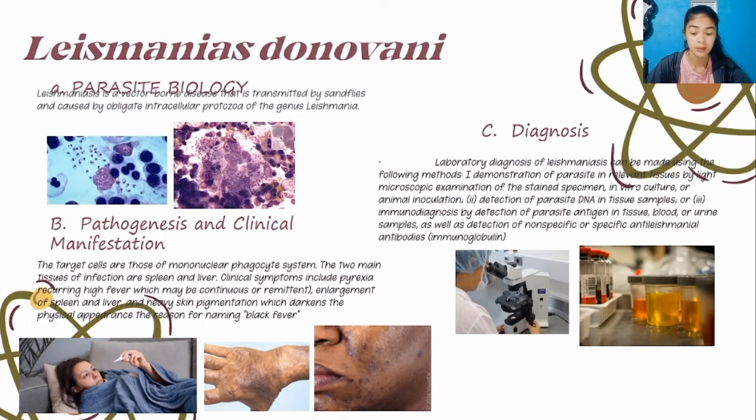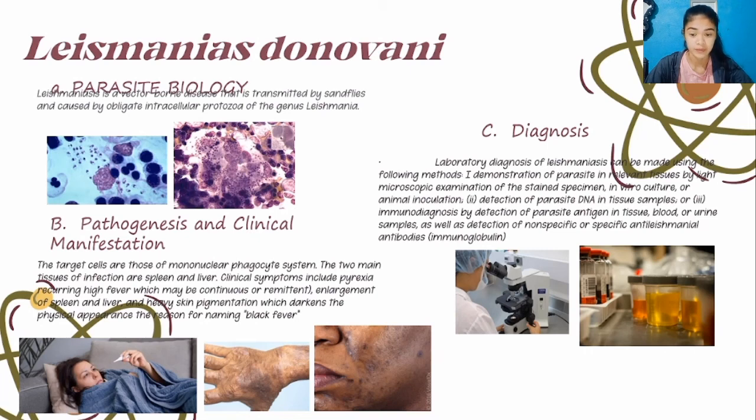Pathogenesis and clinical manifestation. So, the target cells are those of the mononuclear phagocyte system. The two main tissues of infection are the spleen and liver. So, clinical symptoms include pyrexia. This is a recurrent high fever, which may be continuous or remittent. So, enlargement of the spleen and liver and heavy skin pigmentation, which darkens the physical appearance, is the reason for the naming of